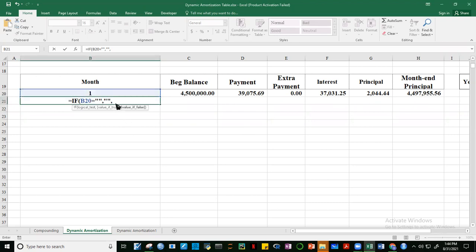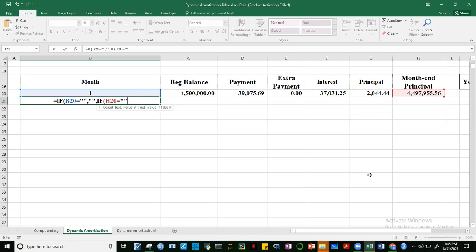So let's go back to our formula. I'm going to create another IF statement. So pagkatapos ng tingnan, kung wala nang laman, dapat huwag na siya maglalagay ng laman. Pero kung may laman pa, i-check naman niya. If this one, yung previous na month-end principal is equal to, pag wala nang laman yan, or that means pag zero na yan,